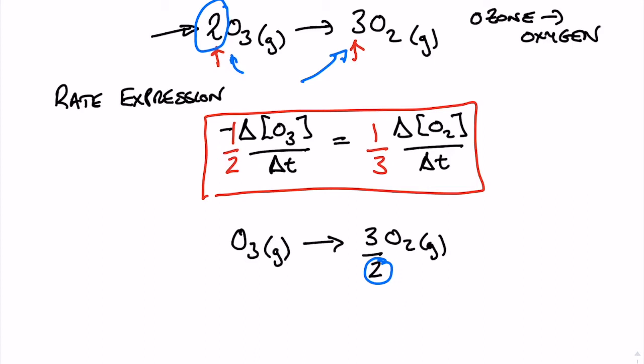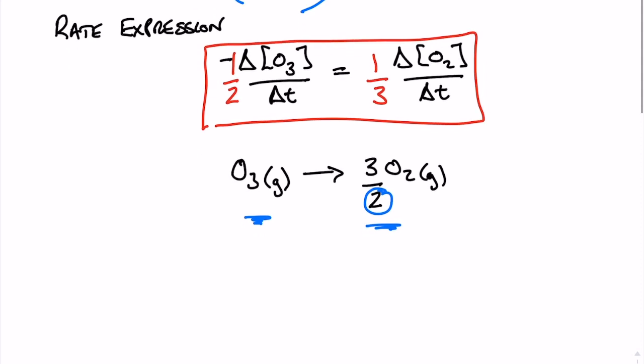So this is saying that if you had 1 mole of ozone, it would produce 3/2 of oxygen, which of course we could rewrite and say, well, ozone goes to 1.5 oxygen gas, and this is still balanced, of course,